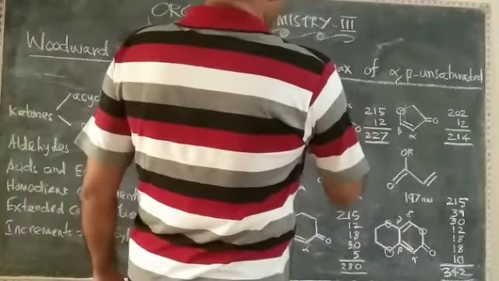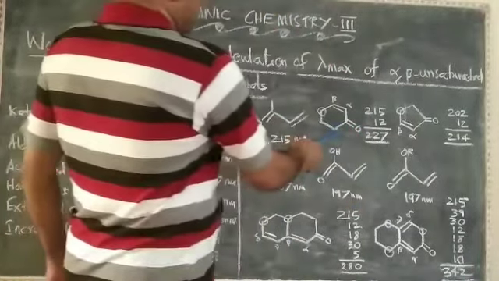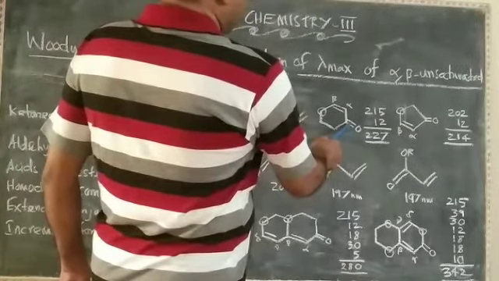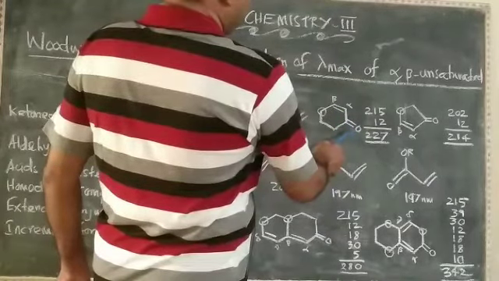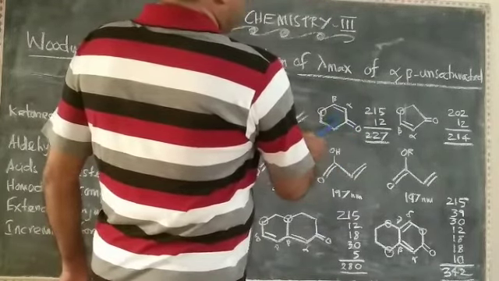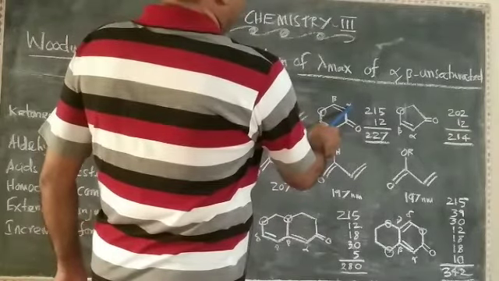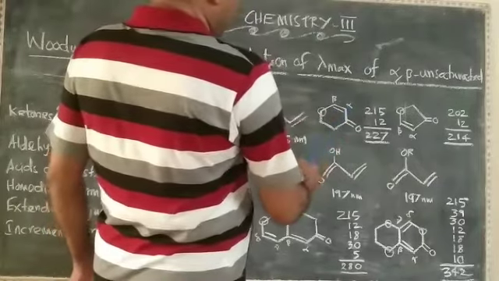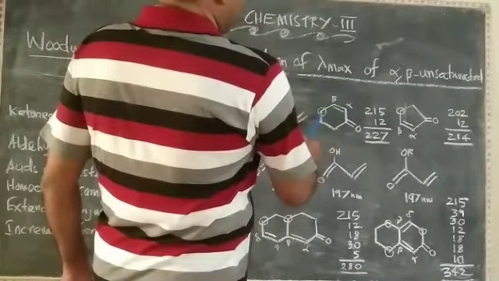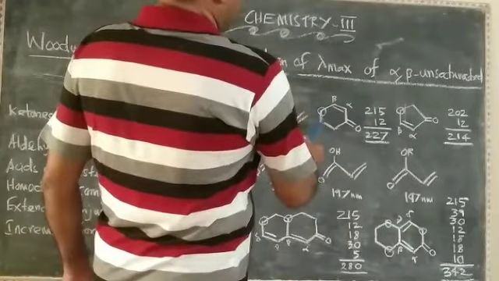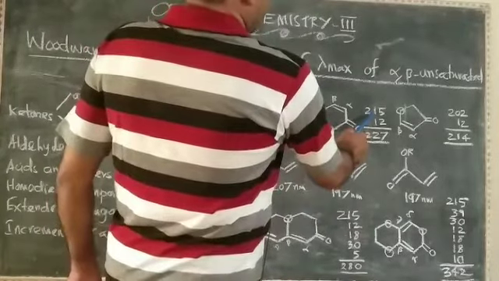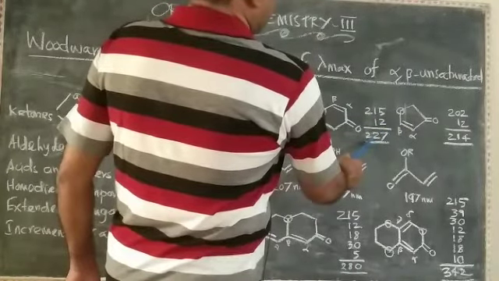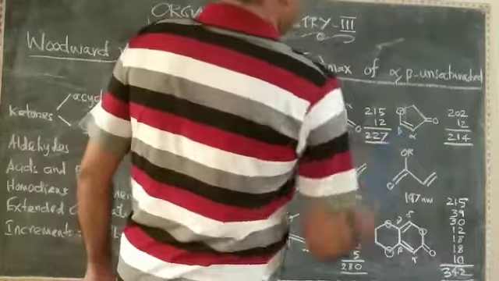This is a system with a 6-ring, that is cyclic. So, this is a ring with a keto group. Now, in this system, there is an alpha position of the double bond, beta position of the double bond. The alpha position carries no substituent, but the beta position carries a residue CH2. So, the base value is 215 and the residue value beta position is added. So, a total of 227 is produced.